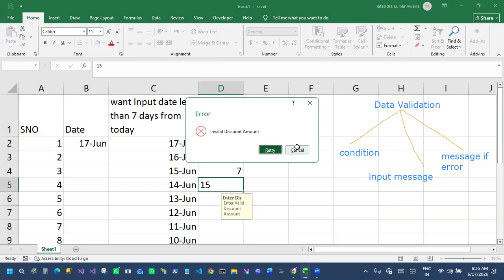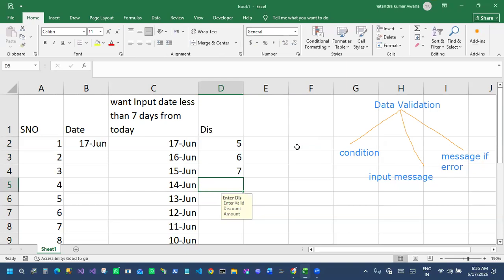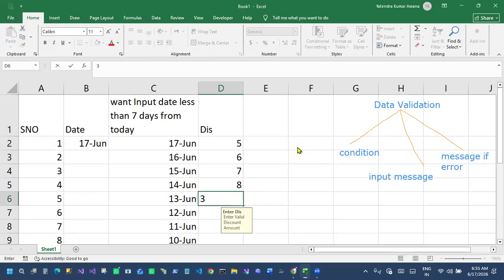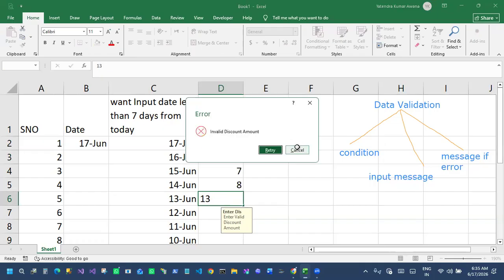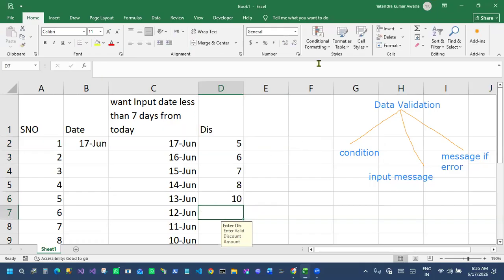Okay. So we can use data validation where we need it.